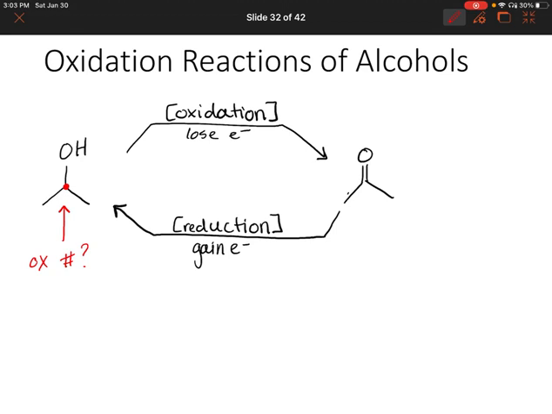So remember, when we're trying to determine an oxidation number, we first start with the number of valence electrons that the atom has. So carbon has 4 valence electrons, and then we subtract the number of electrons that the atom quote-unquote owns. So if we were to draw the Lewis structure,